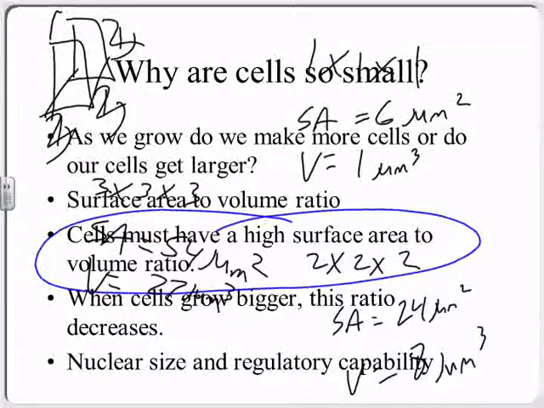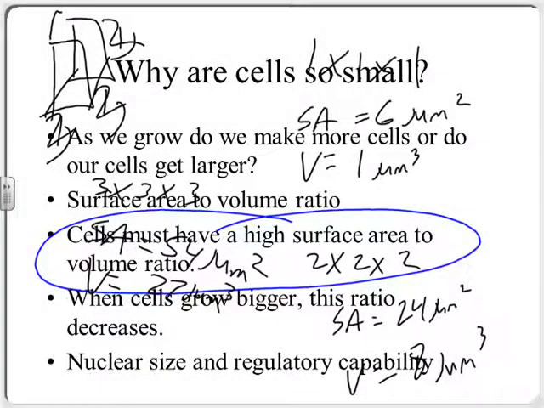So every time the cell grew, the ratio of surface area to volume got what? Much, much smaller. Which means if we're talking about a cell, it became harder and harder for the cell to what? What do we say the surface area of the cell represents? Membrane. So if there's less of it per unit of volume, it becomes harder for the cell to get in what it needs to get in, and get out what it needs to get out.